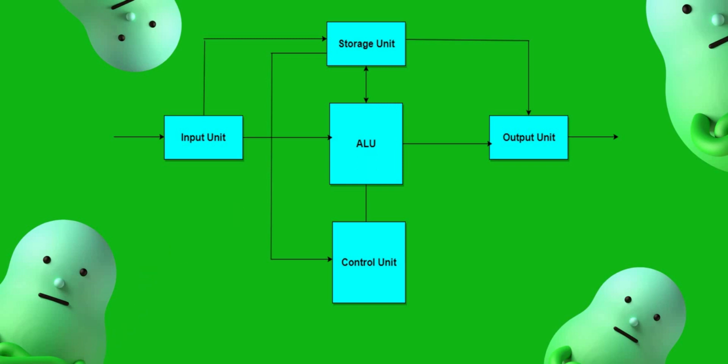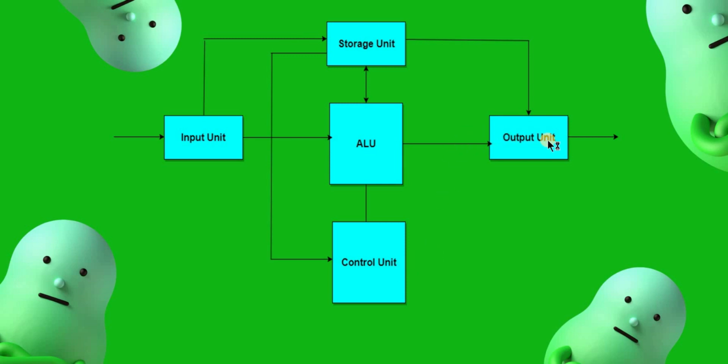ALU then adds the numbers and sends the result 57 back to the MU. From here it will add and send the result 57 to storage unit or MU, memory unit. The CU sends the result from the memory unit. CU takes the result from the memory unit and sends this result to be displayed in the